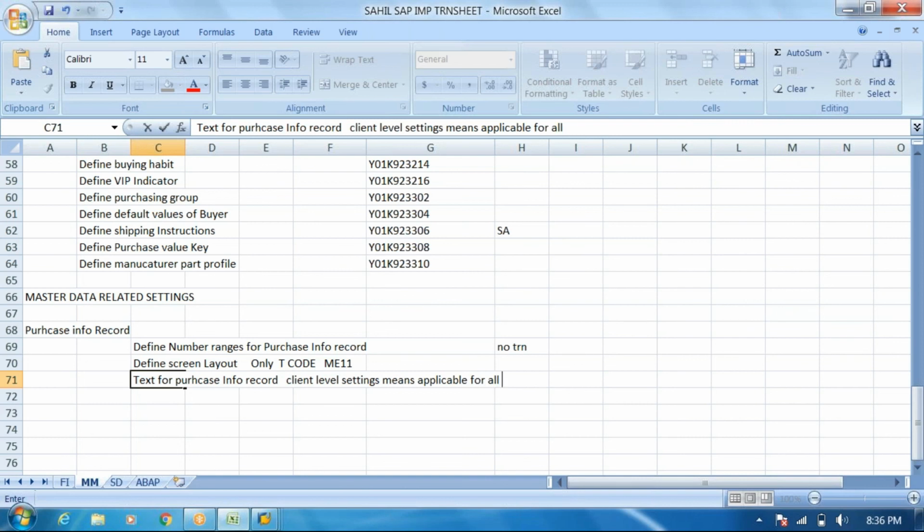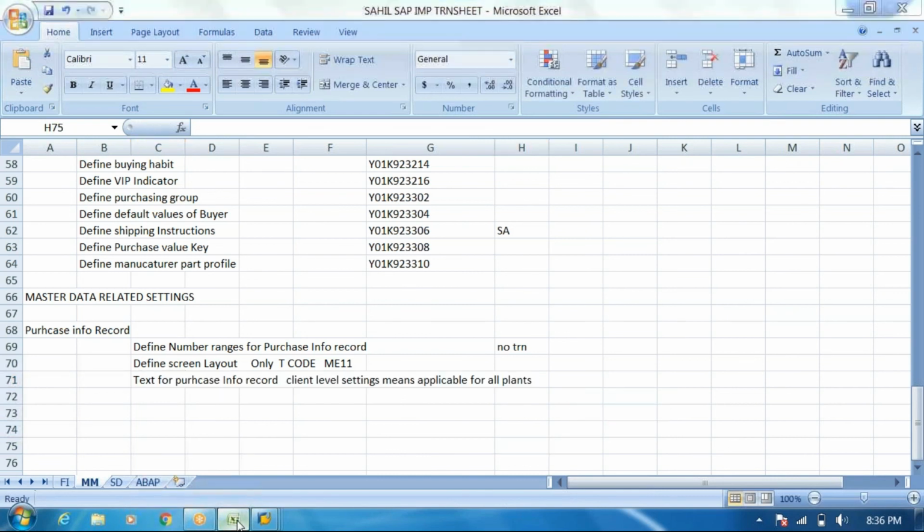What are all plants, Sahil? Who will know? You are going to get a project next month, and the client will tell you I need 4 plants: plant 1, plant 2, plant 3, plant 4. This point is applicable for all the plants, not only a single plant. That is called plant level settings.